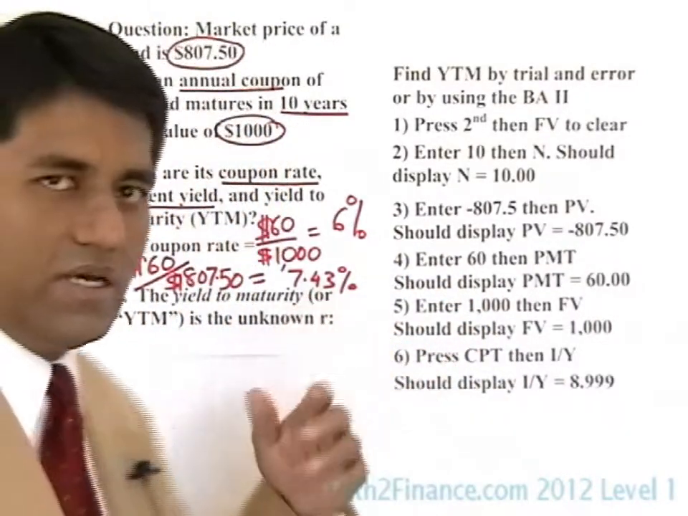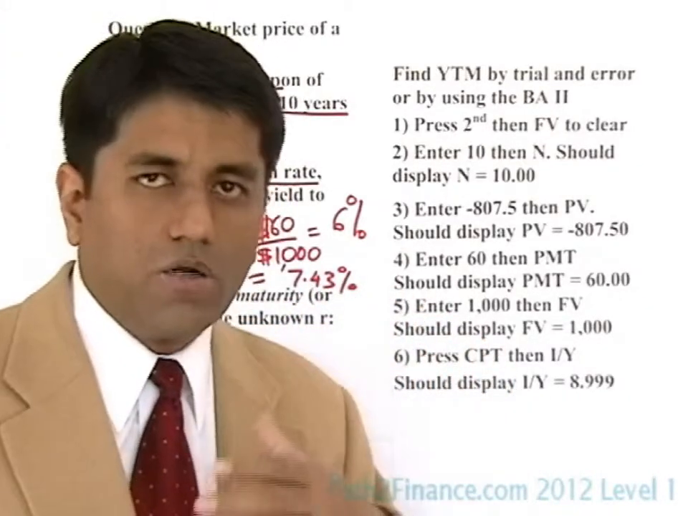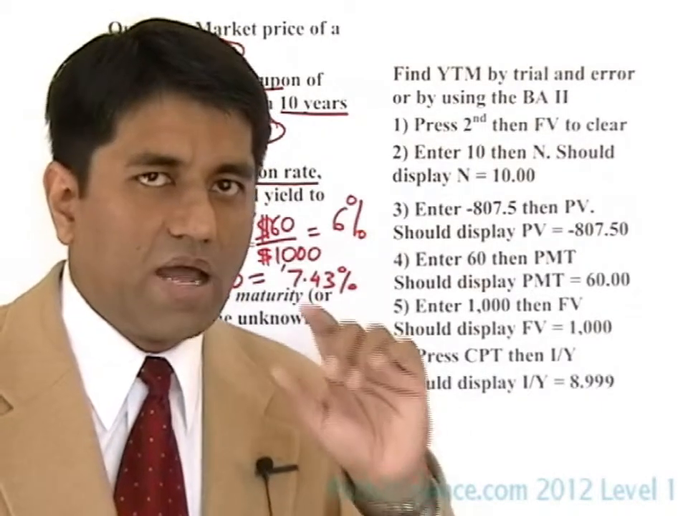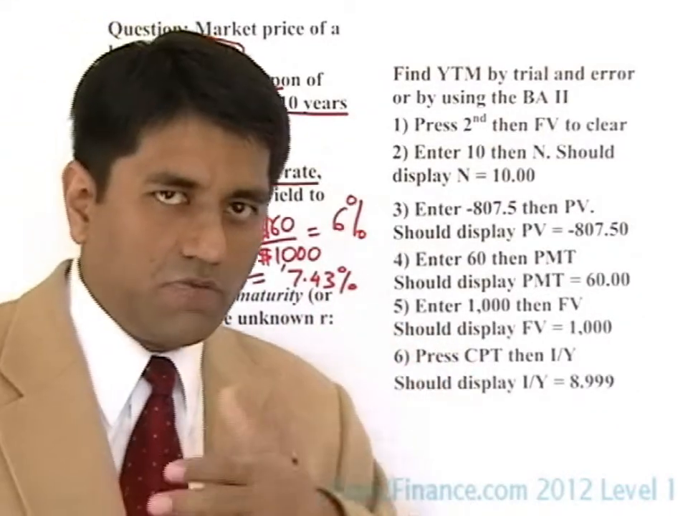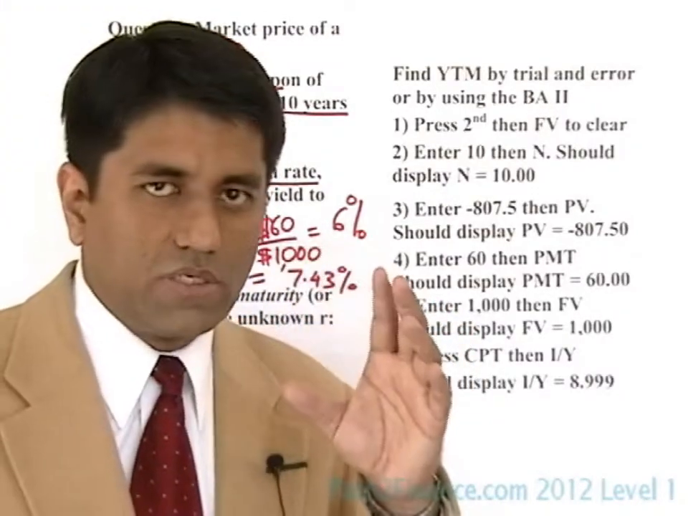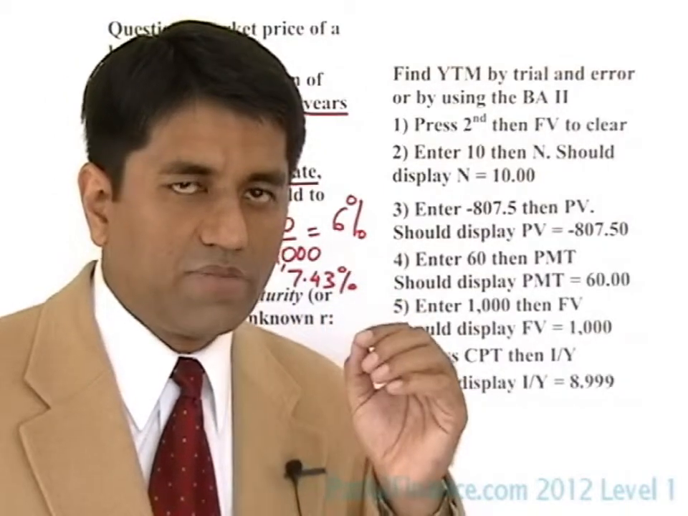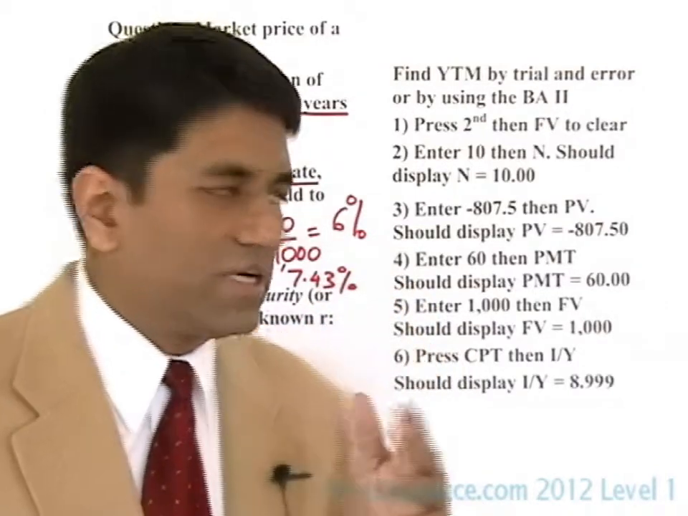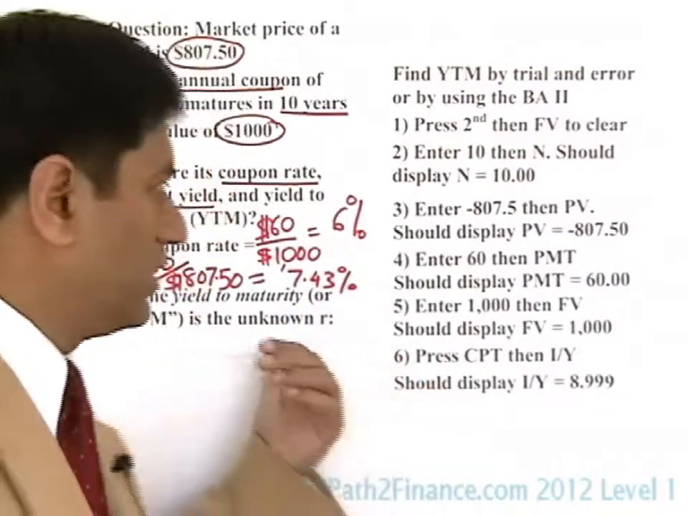Is this actually the rate of return which bond buyers will get? The answer is no. They'll actually get a bit higher rate of return because they'll be getting 7.43 from the coupons, and at the last period the bond is going to pay $1,000, whereas they paid only $807.50 for it. So they are also going to make a capital gain. So their actual rate of return is going to be higher than the current yield. So the actual rate of return is what we call the yield to maturity,